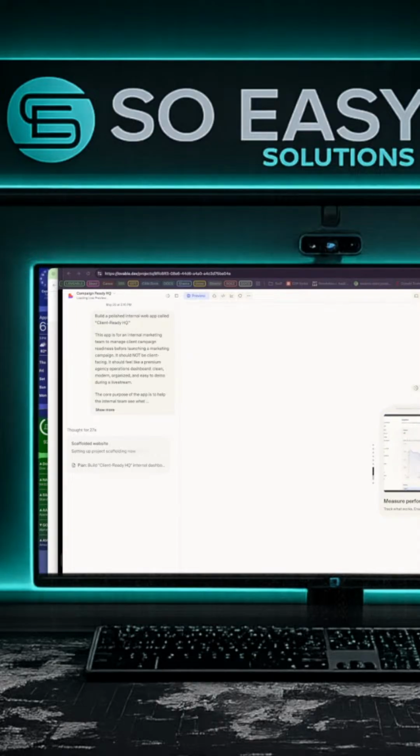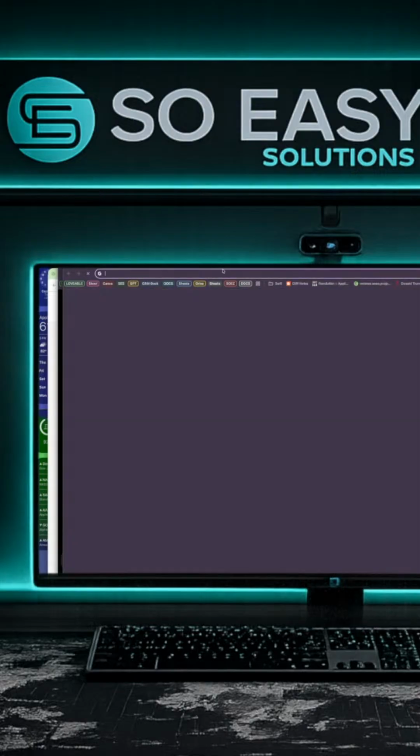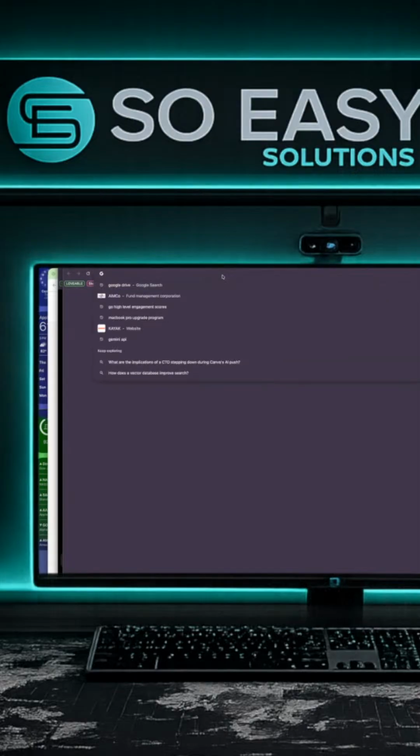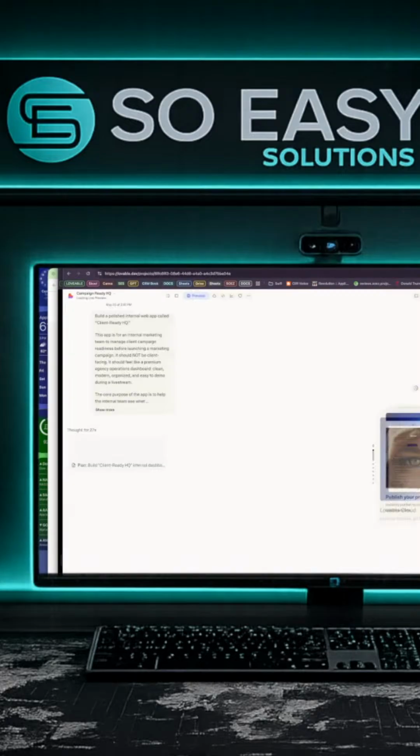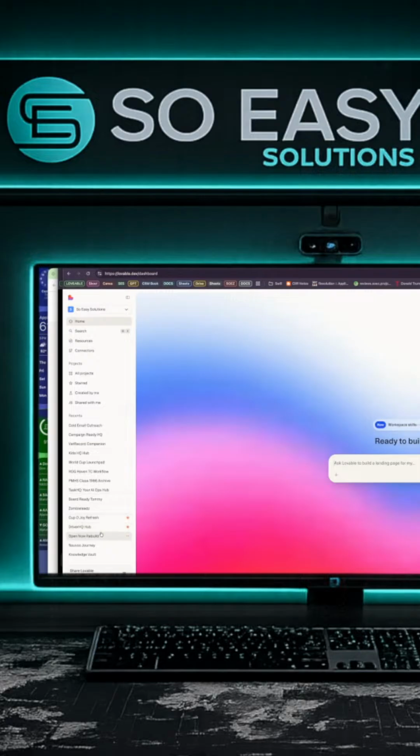And so what it's doing now is it is going to build the entire framework of this. Now, Lovable is pretty amazing because I can go from something to a lot of thing all in a very, very short time. Okay, it's listing the structures. Open up a new tab and I'll show you something that I built over the weekend. Keep coming back to see if it has any questions for me. No, it's building.